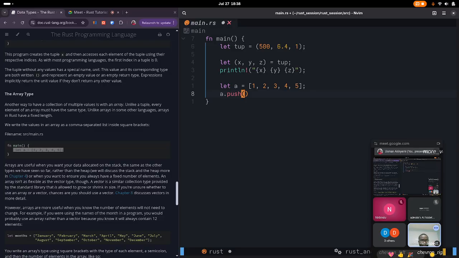But in Rust, an array is of fixed size. You can't change the size, right? That's very important. So this is like 1 2 3 4 5. You can't change the size, and they also have to be